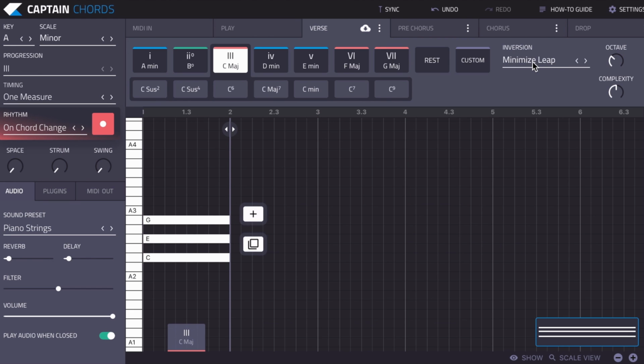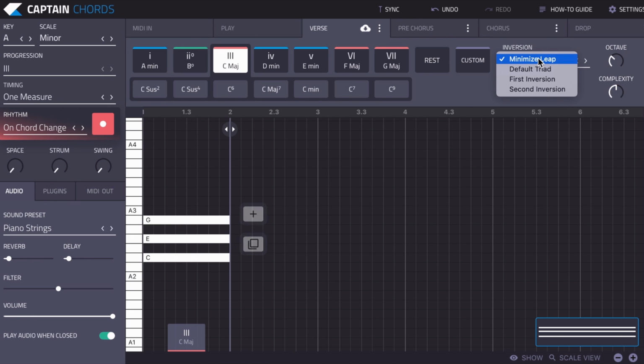Then we've got inversion. Now, the inversion has to do with the voicing of the chord, and voicing is how the notes are played within the chord. So if I was to play a triad, which is a normal chord, it contains 3 notes. The voicing is how these 3 notes are played. So for example, in this C major, we've got C, E, and G, and C is playing the bass note, if you like, and then E, and then G.